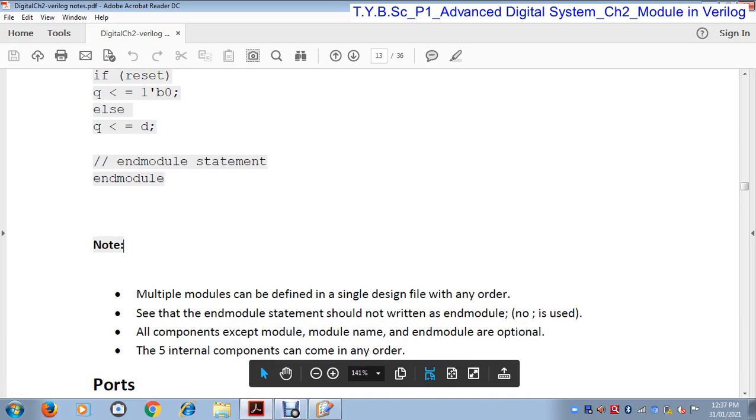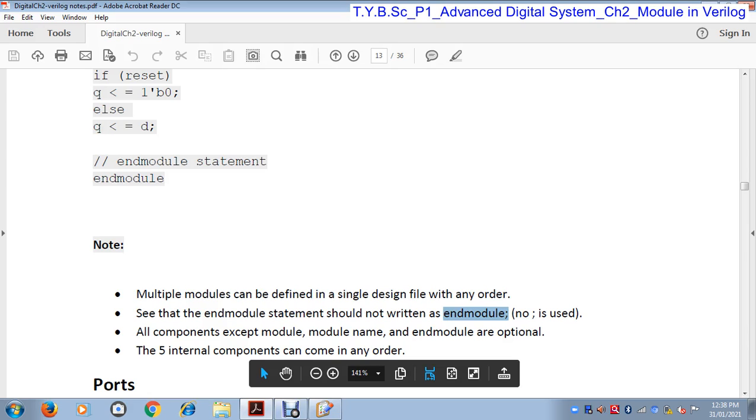The end module statement should not be written as "end module;". We cannot write it like this, since this sign is not used in Verilog. But in C language, when we end the program, we give this sign. In Verilog, when we end the module, we cannot use this sign. If you write it this way after end module, the compiler gives an error.